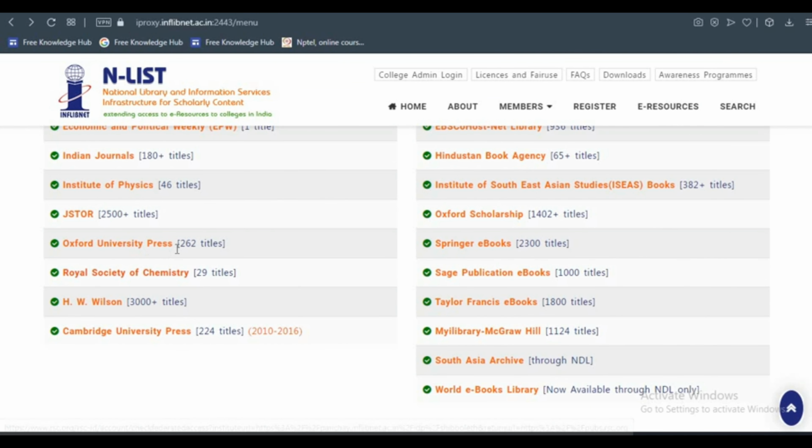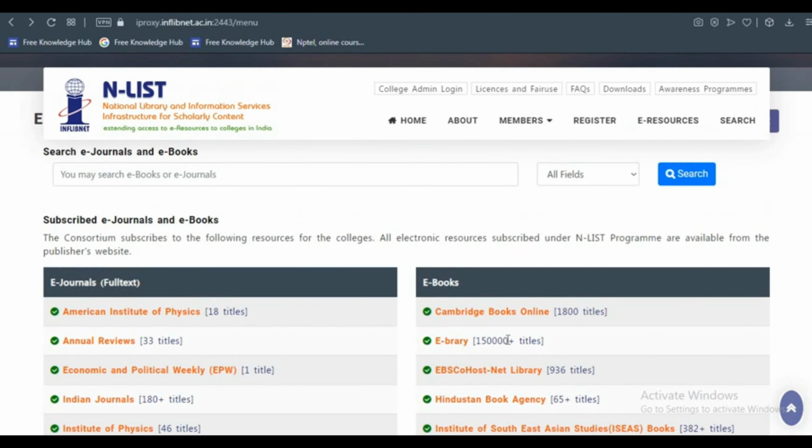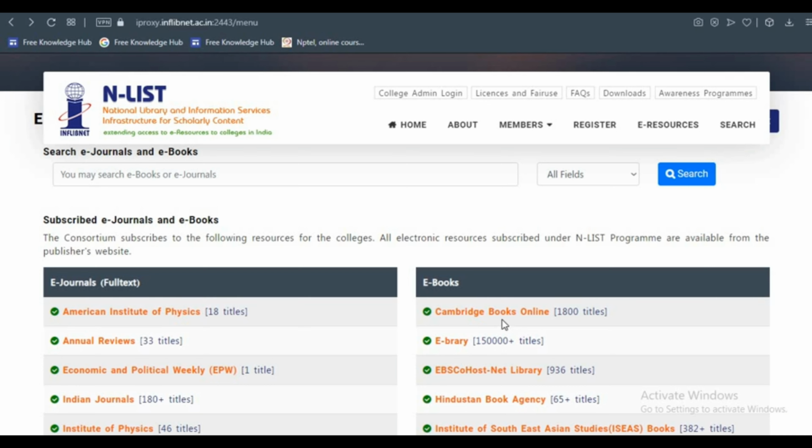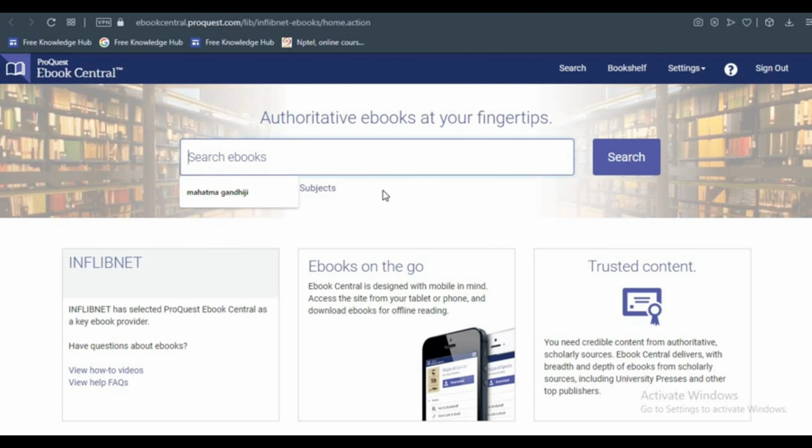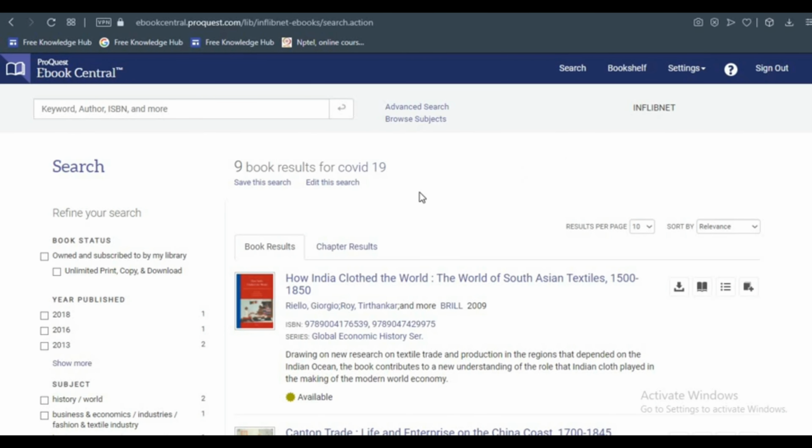Also there are Oxford University Press, Royal Society of Chemistry, H.W. Wilson, 300 plus titles. Similarly you can also use ebooks from here. There is Hindustan Book Agency ebooks, 1,50,000 plus titles you can access under this. I want to search here for COVID-19, to see if there are any ebooks or any article for that.